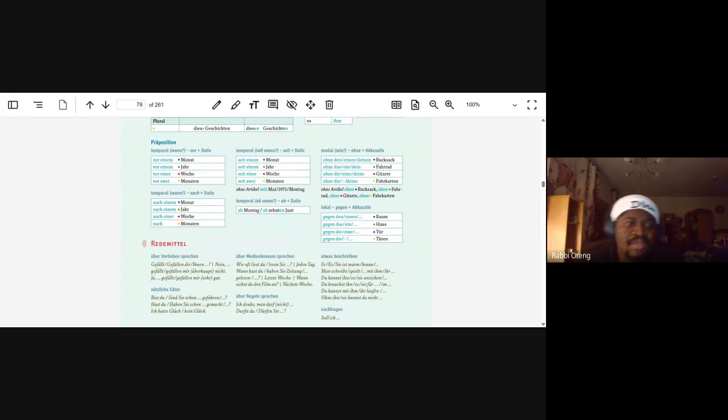Then prepositions. We learned about when you want to indicate time, like a point in time, where if you say something happened 2 days ago, anything where you express yourself in English with ago means that thing is past. So we use vor. Then in dative case, we want to say 2 minutes ago will be what? Vor 2 Minuten. 10 hours ago will be what? Vor 10 Stunden. 4 days ago will be